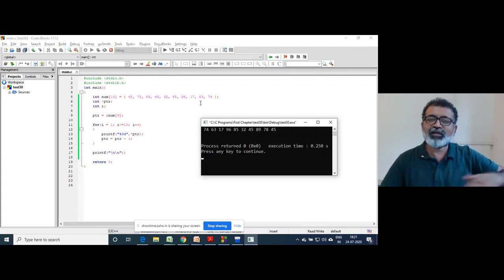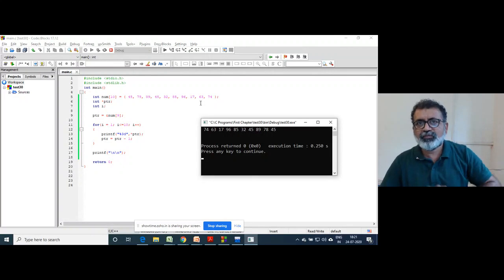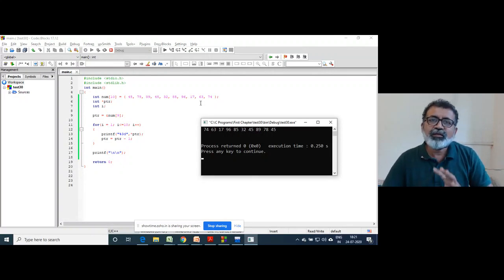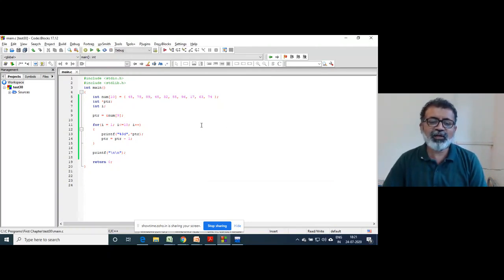That is called a traversal of the array. You are traversing the array, either in the forward direction or the reverse direction.